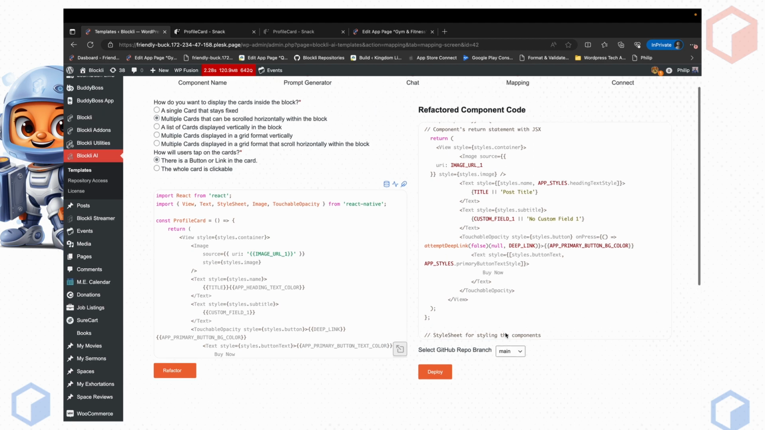Later in this video, I'm going to show you how to connect your GitHub repo to Blockli AI, and also how to make sure that you connect your OpenAI key to Blockli AI, because we use your own key so that we can keep the cost down, right? So once this is done, all you have to do is click deploy here. So once you click deploy,